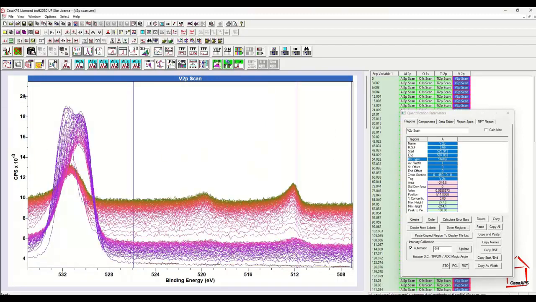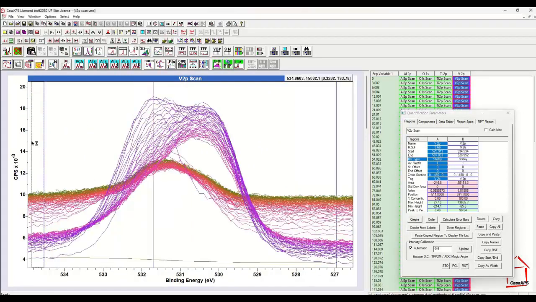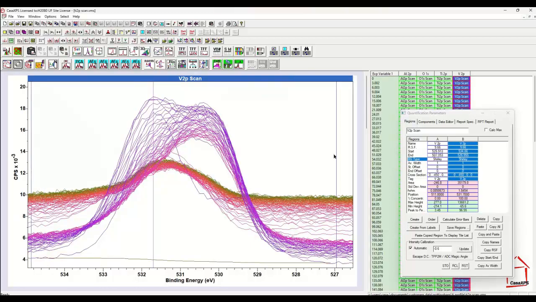I would like to do the same for the oxygen 1s signal, so zooming in to an energy interval that represents the oxygen 1s, making minor adjustments to these limits, and now I have a region that also represents oxygen 1s,